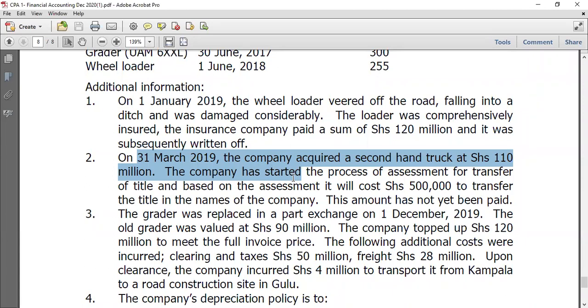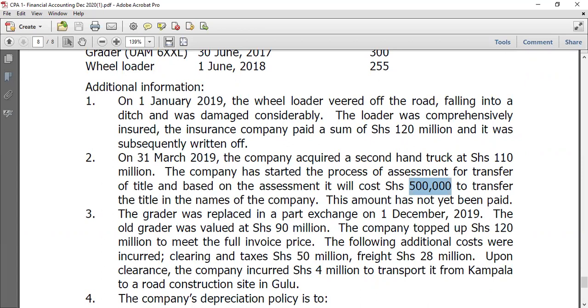So the company acquired a second-hand truck worth 110 million. The company has started the process of assessment for transfer of title. Based on assessment, they're telling us that it will cost shillings 500,000 to transfer the title in the names of the company. This amount has not yet been paid. Now, the trick here, the examiner was looking forward to your judgment on this 500,000, on whether it can be capitalized or